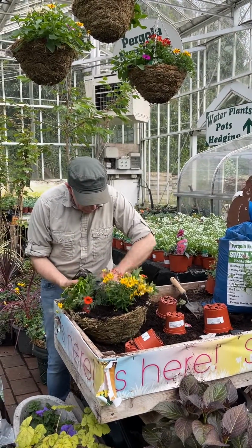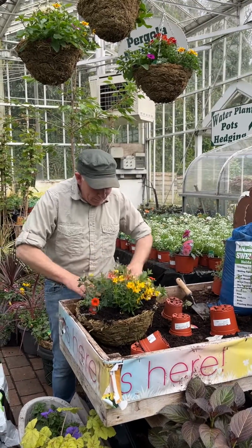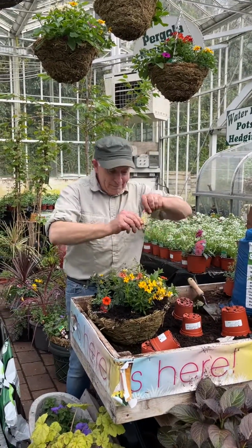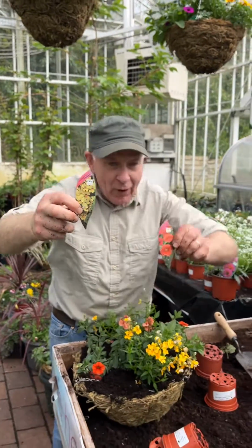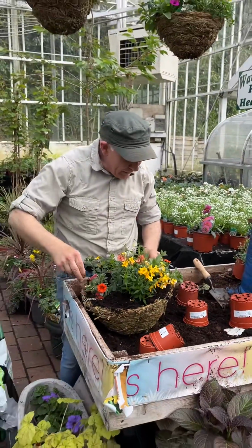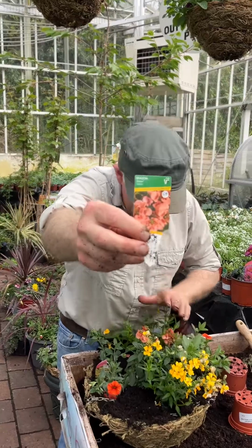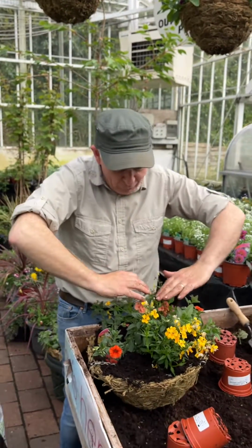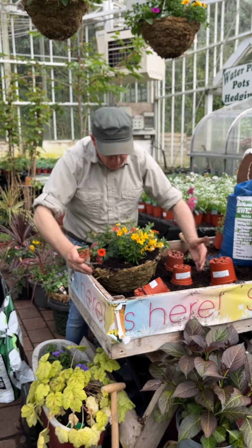So our second little Nemesia then as well, Nemesia Little Banana. So that's 2 Nemesia Little Banana, and 2 Super Bells Orange, and in the middle that lovely Diascia Divara Salmon. And Diascia Divara Salmon, lovely, perfect salmon colour. They'll all grow through each other. The Diascia will give a little bit of height in the centre, and the rest will all spill out non-stop